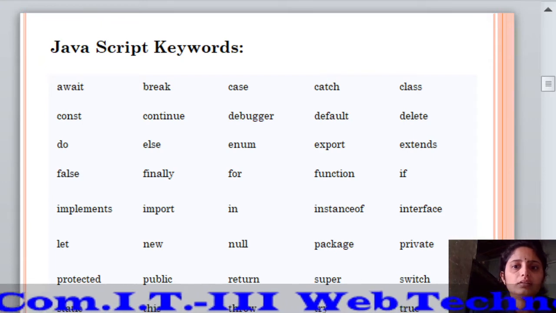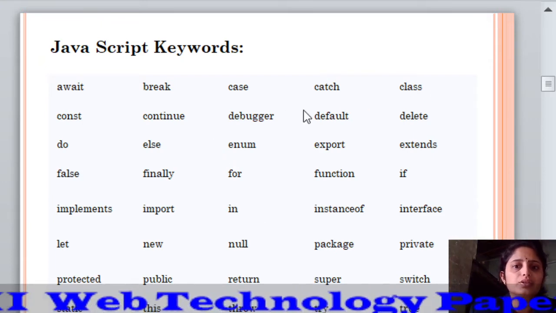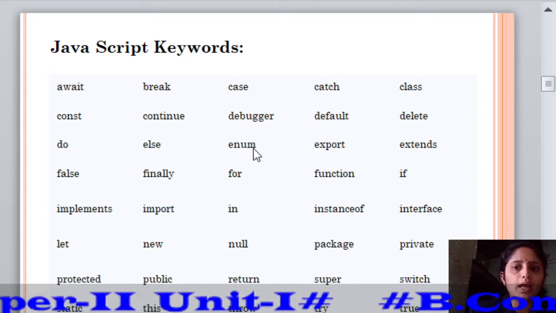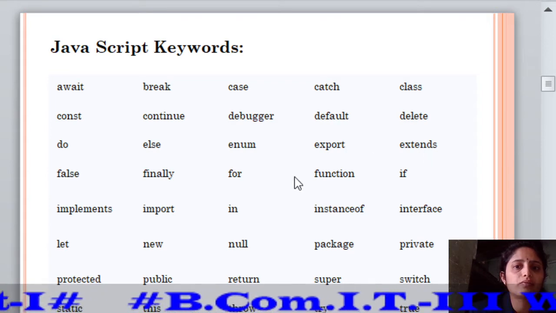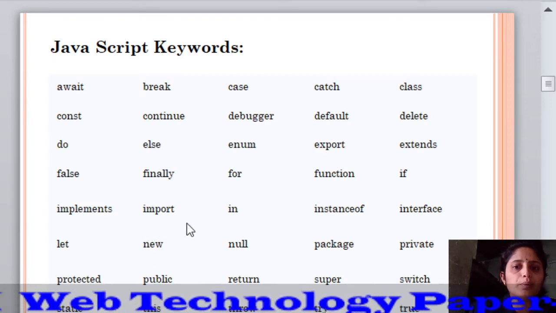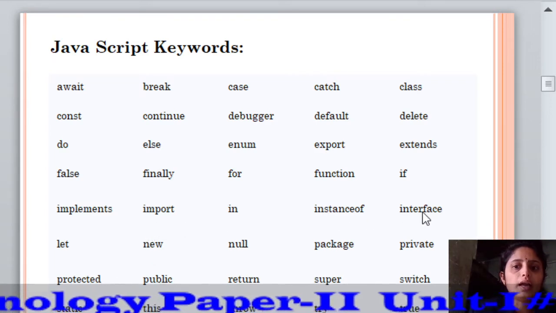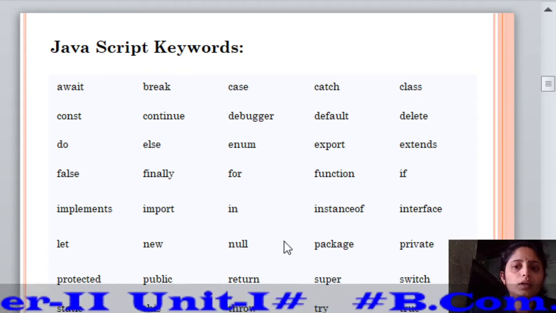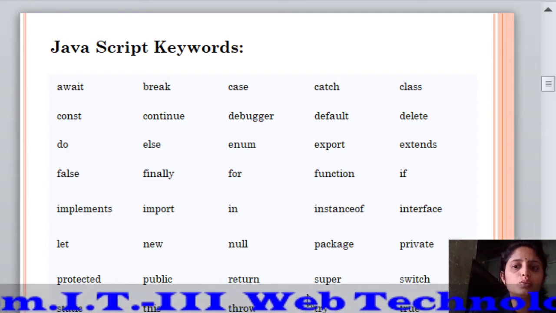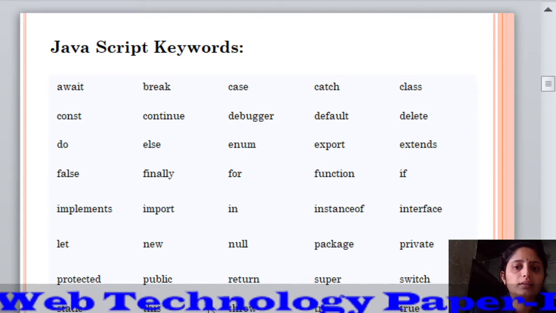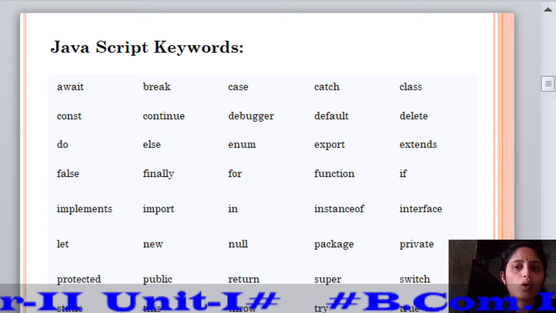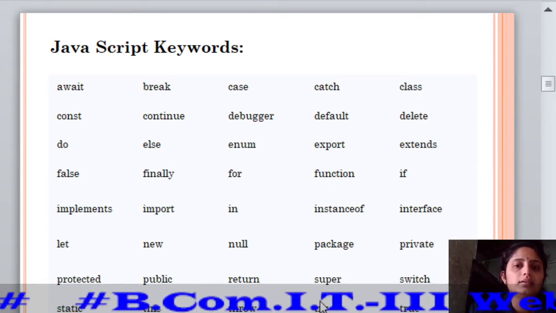JavaScript keywords are await, break, case, catch, class, const, continue, debugger, default, delete, do, else, enum, export, extends, false, finally, for, function, if, implements, import, in, instanceof, interface, let, new, null, package, private, protected, public, return, super, switch, static, this, throw, try, true, typeof, var, void, while, with, yield. These are the keywords.